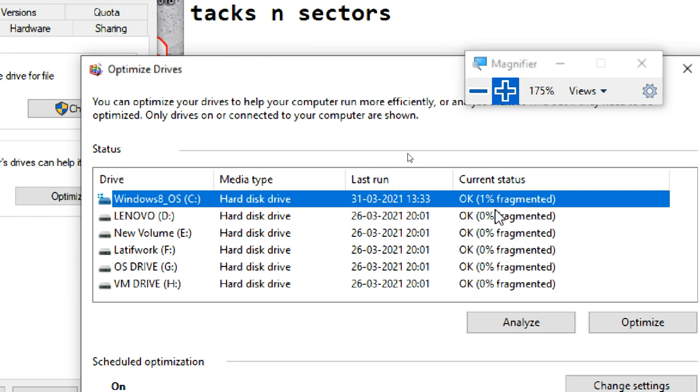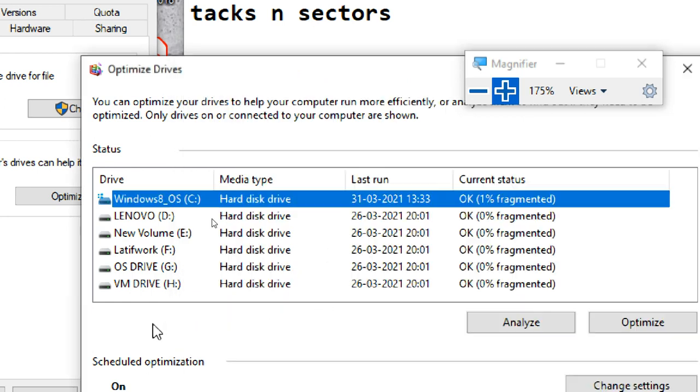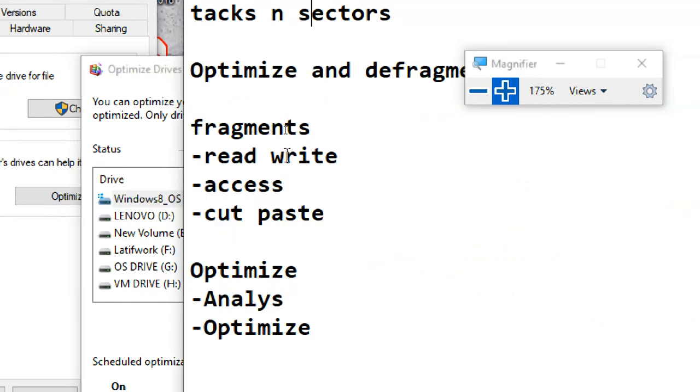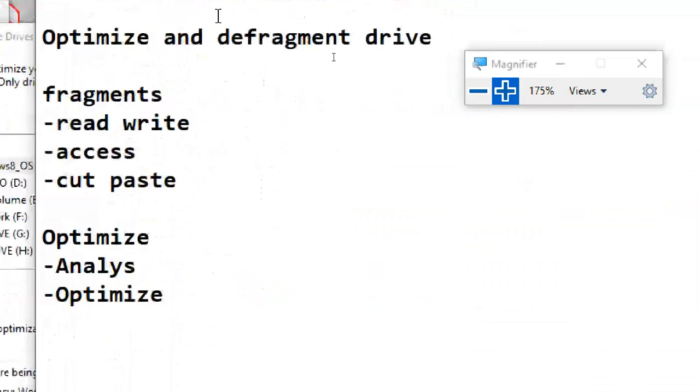Anyway, here 1% is fragmented. Then click on Optimize. Analyze shows zero where I typed it.